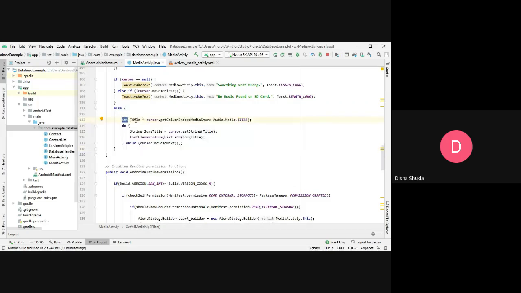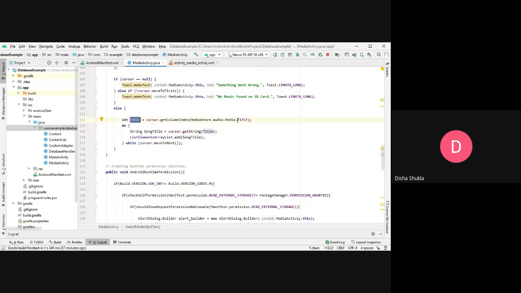I create an integer variable called title, and inside that I get the column index. What index? MediaStore.Audio.Media.TITLE. From here I am getting the title. Now I am iterating my cursor inside this particular do while loop, and I'm getting the list of the names of the titles of the songs from here.